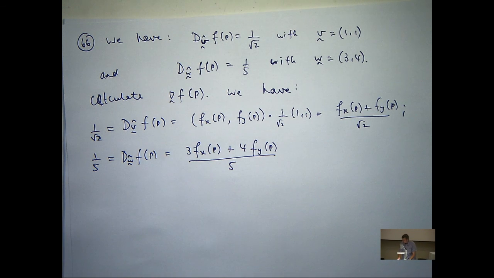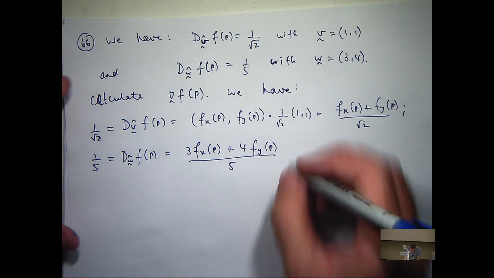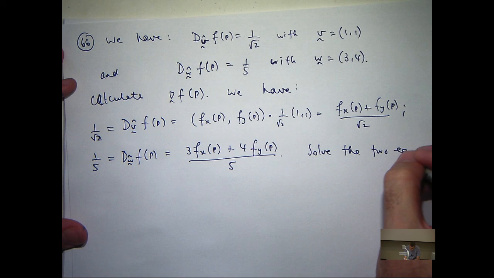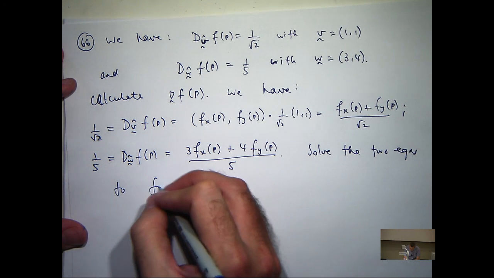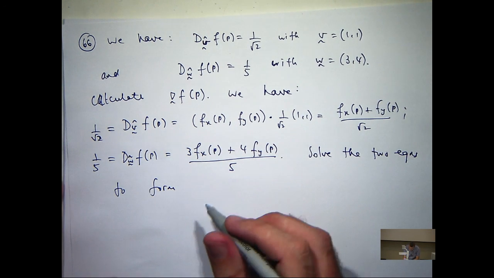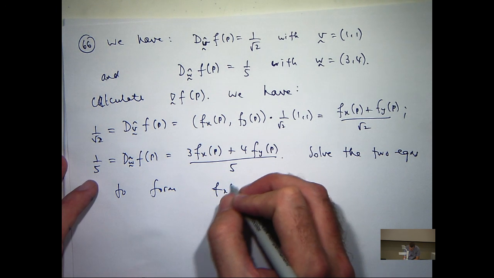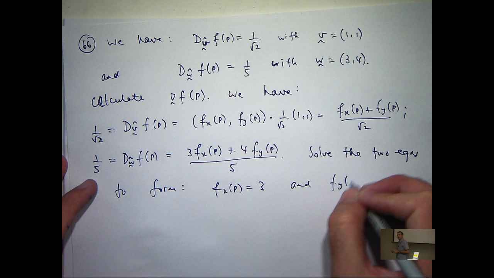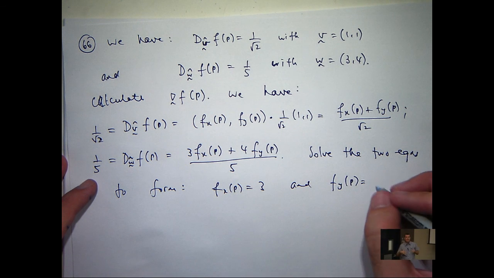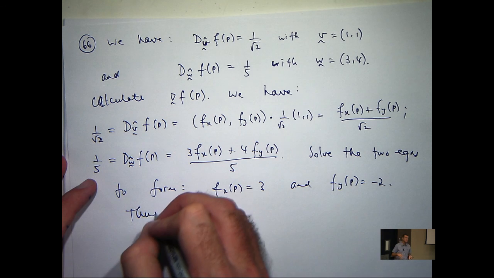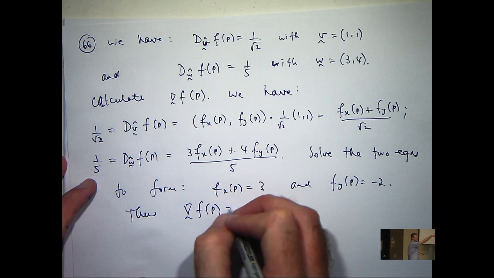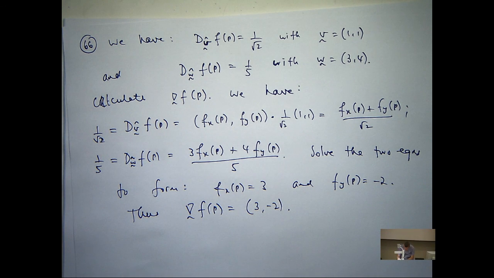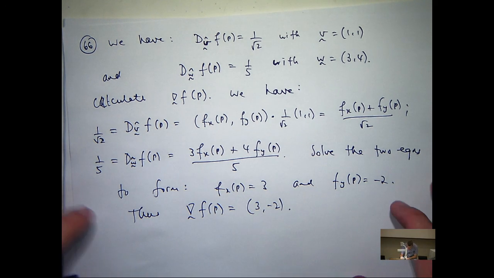You can solve for f sub x at P and f sub y at P. You're going to get f sub x of P equals 3 and f sub y of P equals -2. Thus, our gradient is just this. Okay, so I've done that rather quickly, but I'm out of time, so